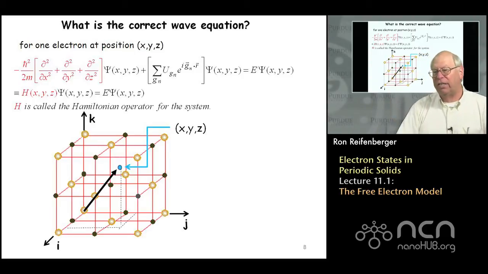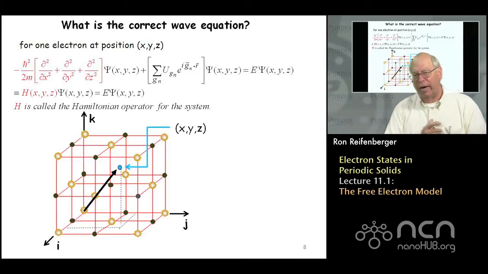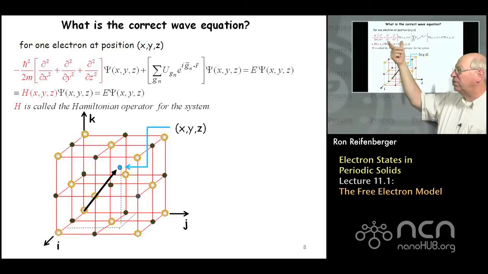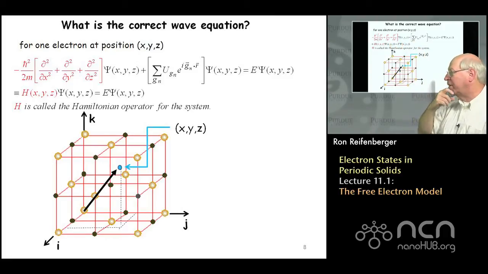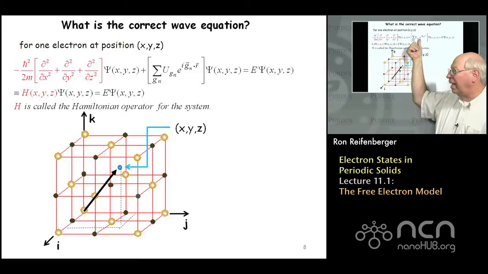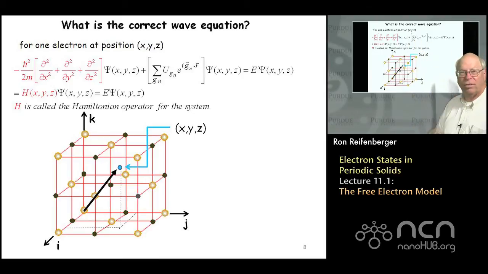So with those preliminaries out of the way, we can basically ask, what are the solutions that Schrodinger's equation allows? So now we're going to start to think in 3 dimensions. So we have to write Schrodinger's equation down in 3 dimensions. We've now got an approximation for the interaction potential energy in terms of these plane waves, e to the i g_n dot r, right? The g sub n's are the reciprocal lattice vectors. And basically we're trying to solve this differential equation for the allowed energy eigenvalues E that characterize the electron states